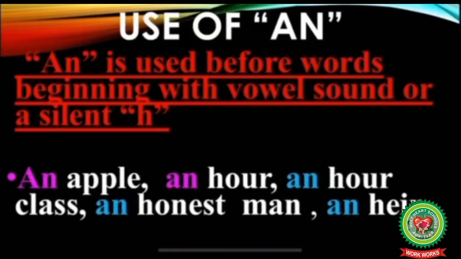See here an example. An apple. A is a vowel, so an apple. An hour. H is not a vowel, but the sound of H is silent. So we will be using an here before H. So an hour. An hour class. An honest man. Again H is silent. An air. So children, now next is